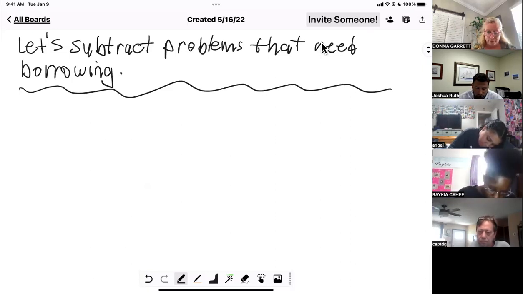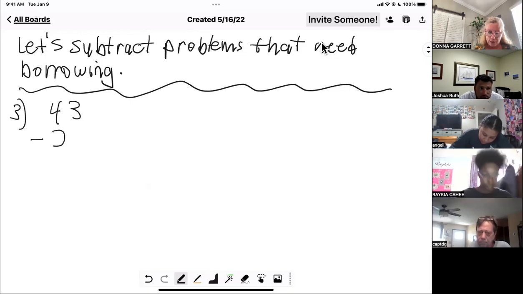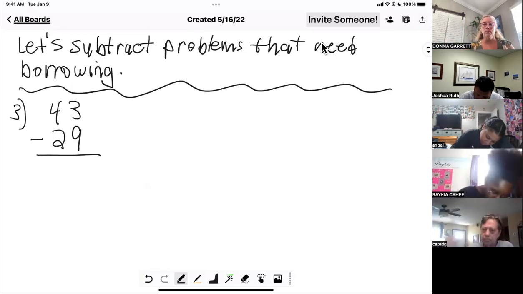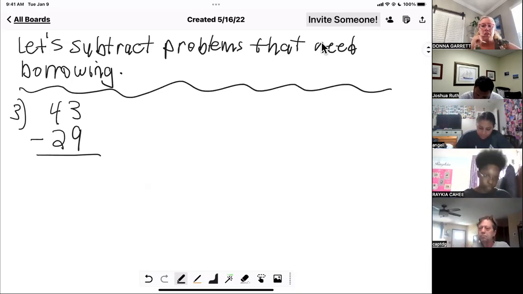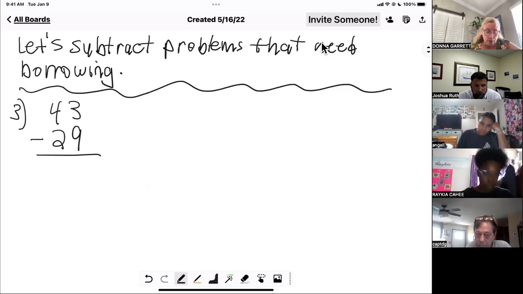So the first one, real small. Wait, what number are we on? 3. 43 minus 29. Now, we cannot take 9 away from 3. 3 is smaller. We can't subtract that. So what we have to do is borrow from the one before. What do I mean by that? We borrow from the 4,